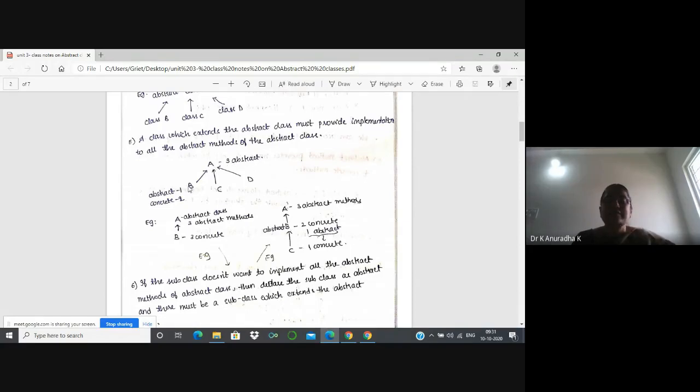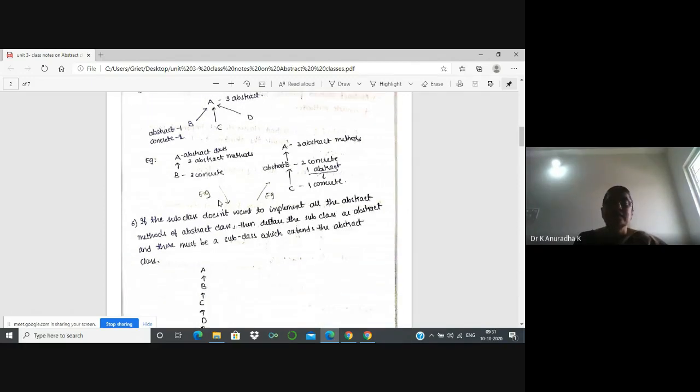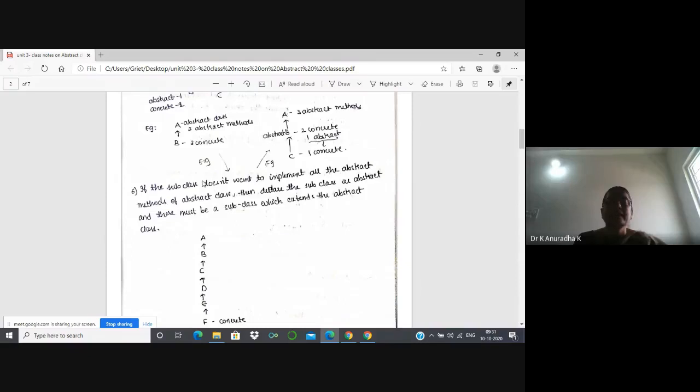Inside C also, we need to provide the implementation to all the three abstract methods of class A. Inside D also, we need to provide the implementation to all three abstract methods of abstract class A. With the examples, I will explain. Now understand the points: A is an abstract class which contains three abstract methods, so B has to provide implementations to all three, like that C and D also.